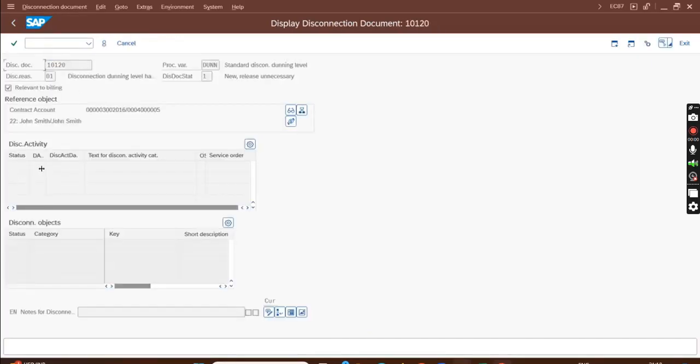Here my service order is blank. Okay, disconnection activity is blank because there is no connection at all. Had there been connection, then it would have created a service order. You see, service order is blank. So the service order is created via workflow, and via that workflow, the actual disconnection happens. Then the door hanger,